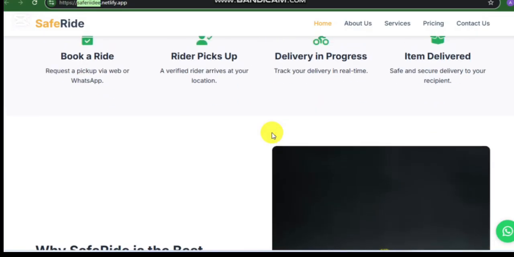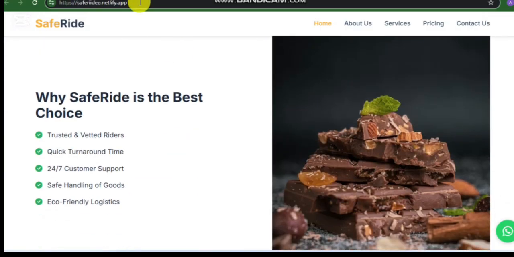So this is exactly how you can host your website. So now you no longer need to have your website files on your computer before you can access the website, and anybody can now access your website from any part of the world, as long as the platform you hosted